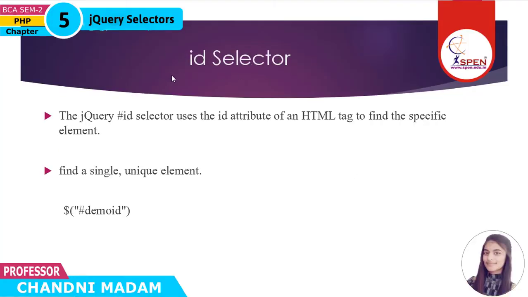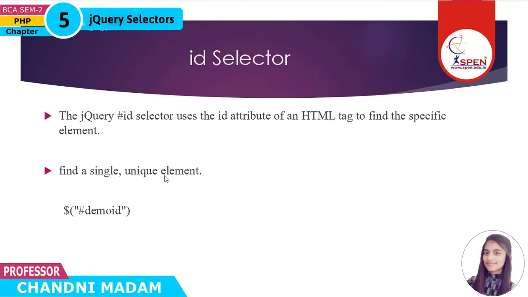Here our second selector is the ID selector. The jQuery ID selector uses the ID attribute for finding your HTML tag. An ID should be unique within a page. So you should use the ID selector when you want to find a single element or a unique element.